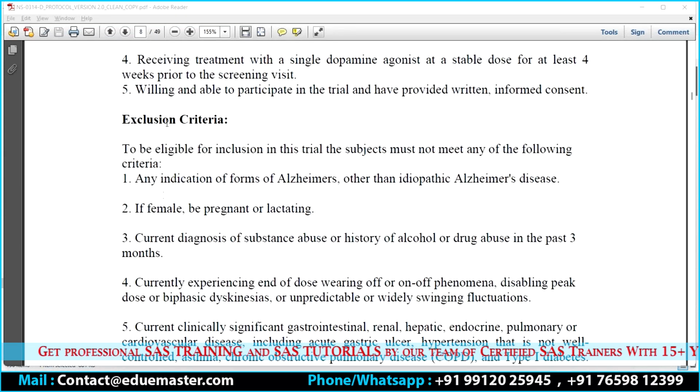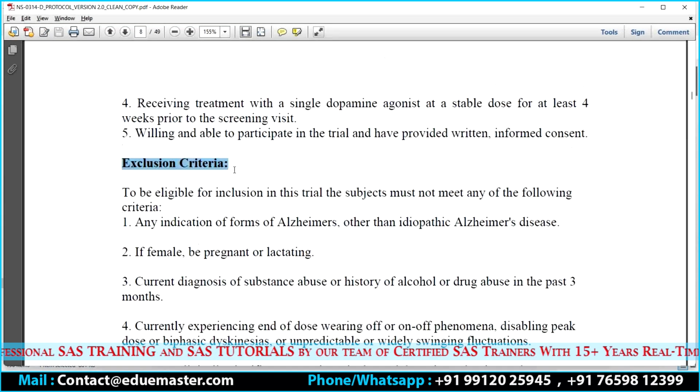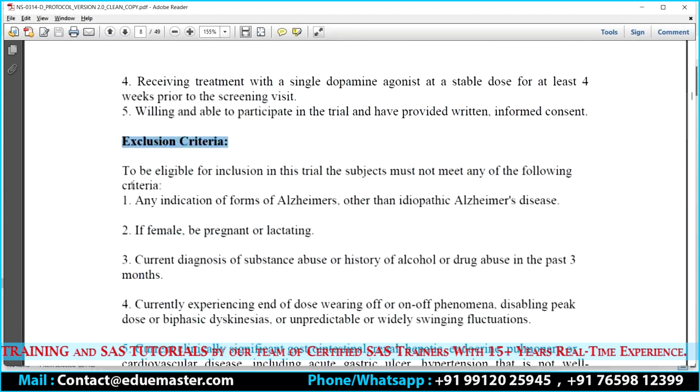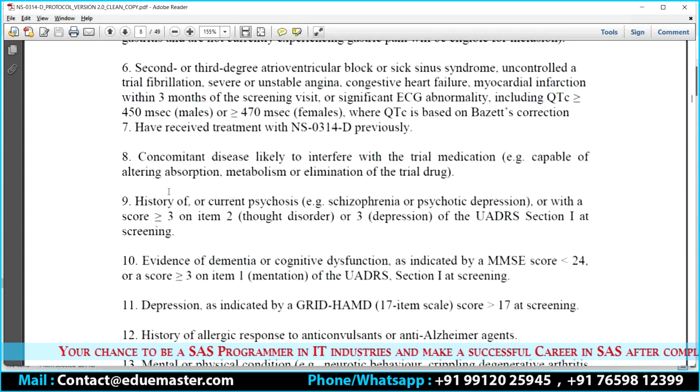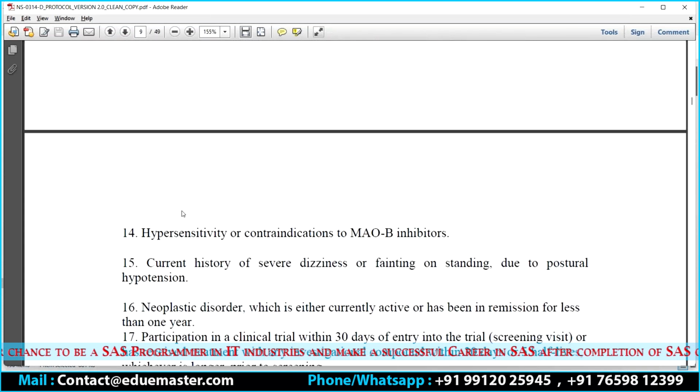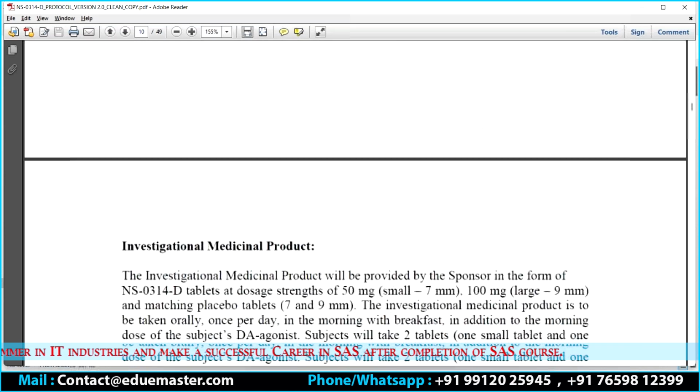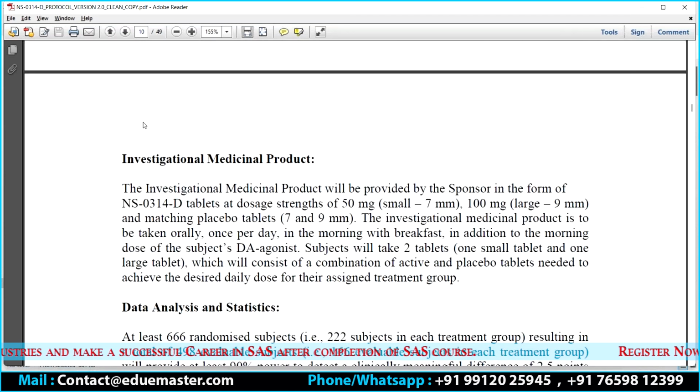It is not the same. The reason we haven't discussed inclusion and exclusion criteria in detail is that it is different from one drug to another. At the same time, the criteria differ from one treatment to another. Correct? So that is the reason we are not discussing the inclusion as well as the exclusion criteria in detail, because it is completely random and varies. Okay. All right. Now.